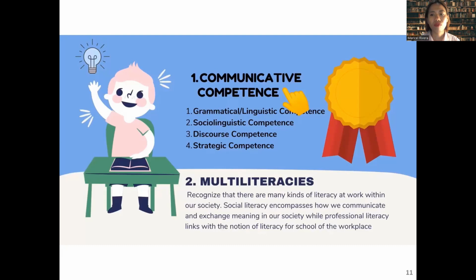Oftentimes, if we were not able to actually convey the message that we wanted to convey, it would result in misunderstanding and at the same time communication breakdown,